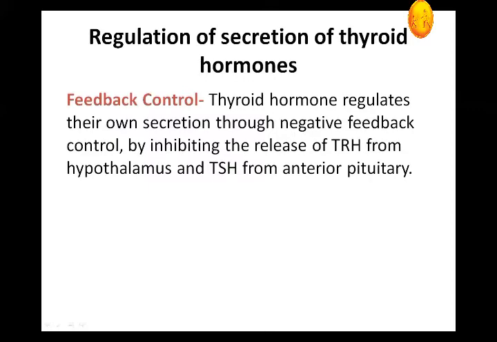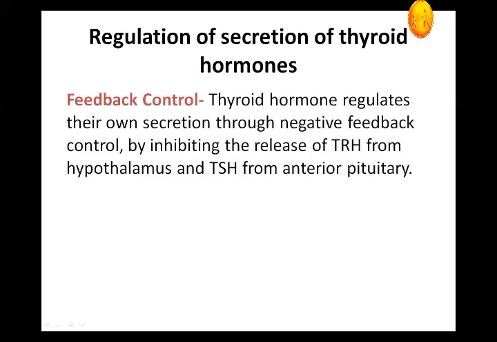So if thyroid hormone is not there, there is no myelination of the nerves, no connection between the synapses, and the baby becomes mentally retarded. So in the first 18 months after birth and during fetal life, if by any means the fetus does not get thyroid hormone, then this condition we will see afterwards.